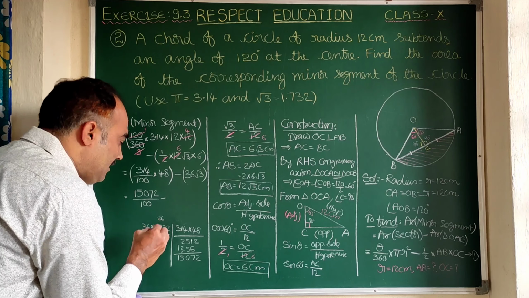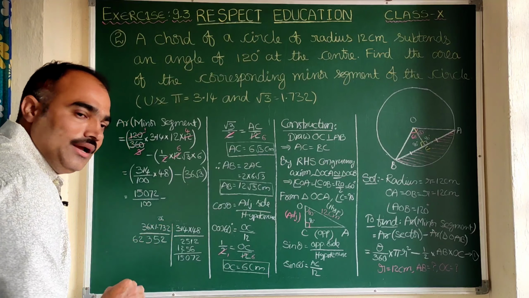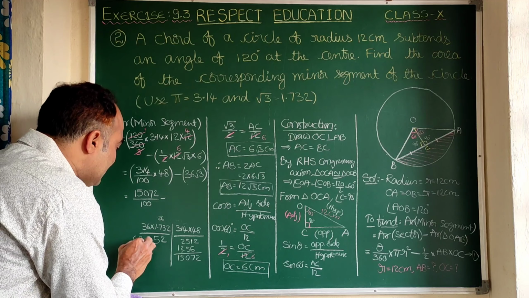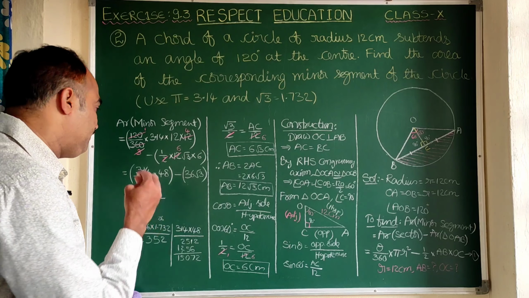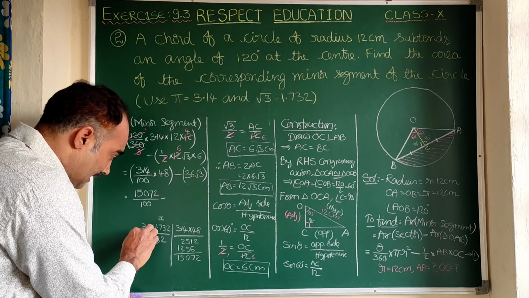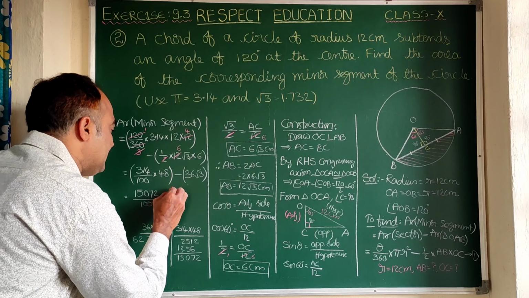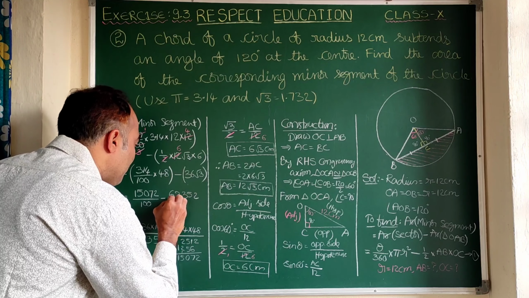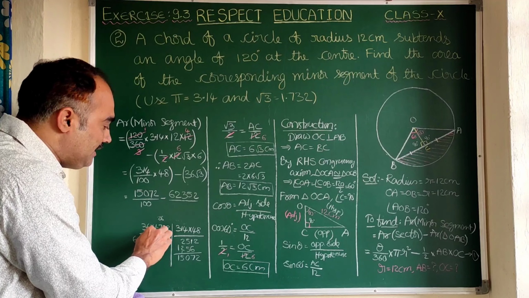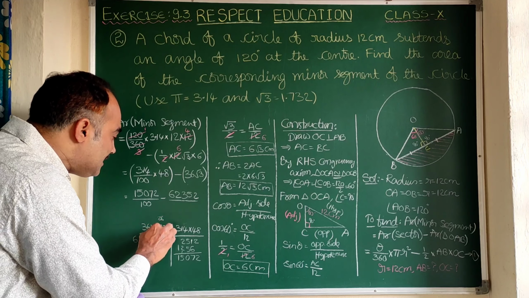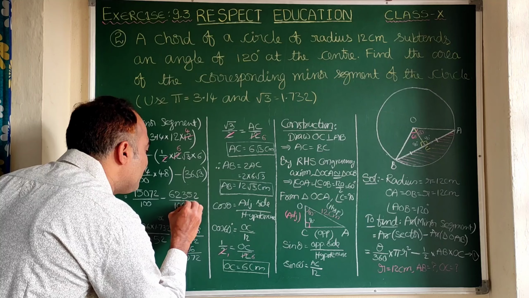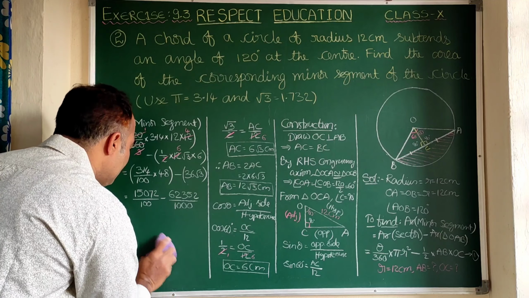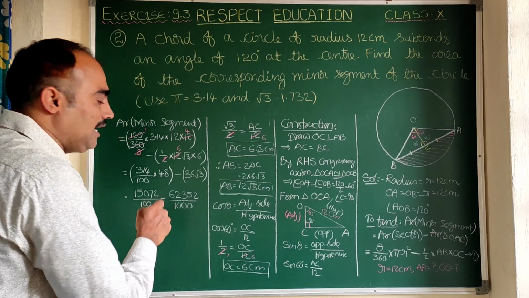So after decimal here 3 values are there. We can keep the dot here after 3 digits. So it is 62.352. If not, we can write it as 36 into 1732. This value I am writing as it is, that is 62.352 by 1000, since after the decimal there are 3 digits. As there is no place, I am going to rub this simplification. Now I have rubbed this calculation part.